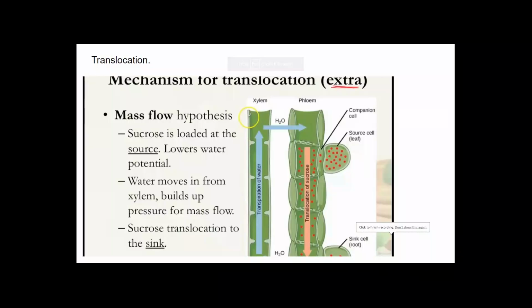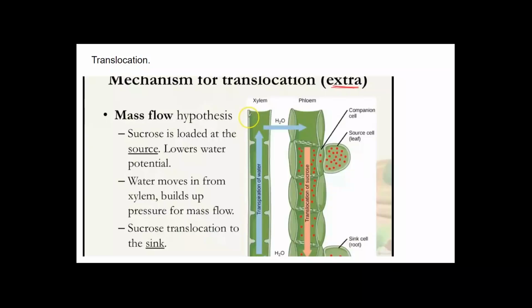Okay, this video is going to look at the mechanism for translocation. And basically, it's a mass flow hypothesis where sucrose is loaded at a source, and this lowers its water potential, and therefore water moves in, causing an increase in pressure. And the phloem sap will therefore move to a sink, where the sucrose is converted into starch, and therefore the